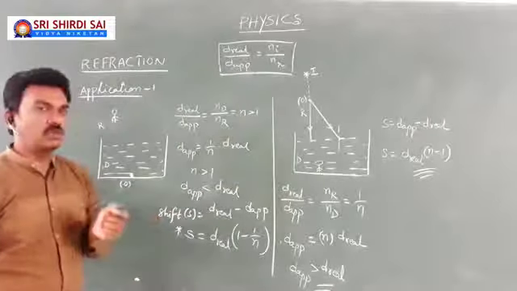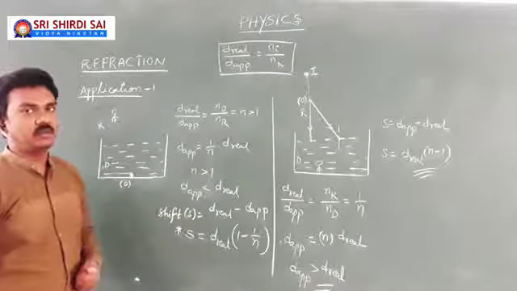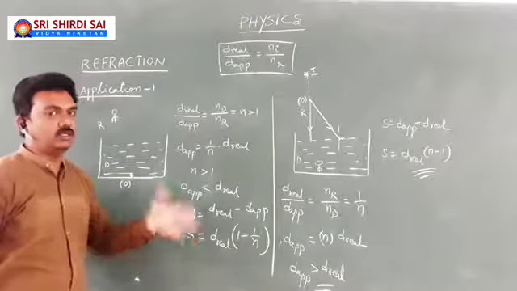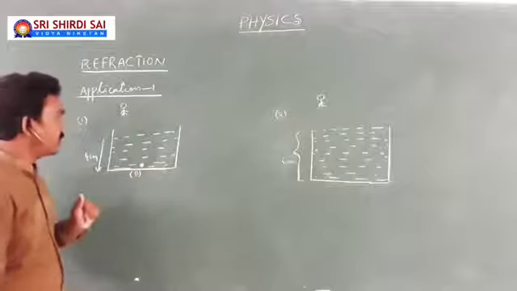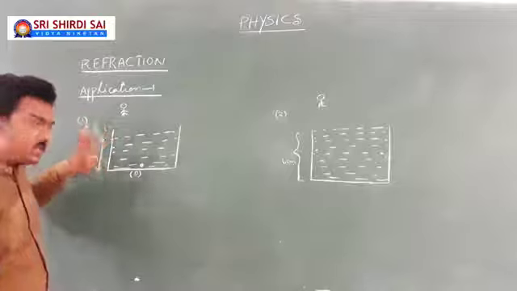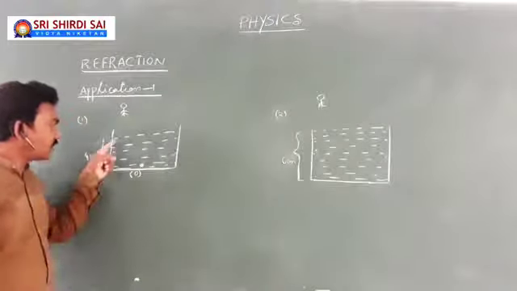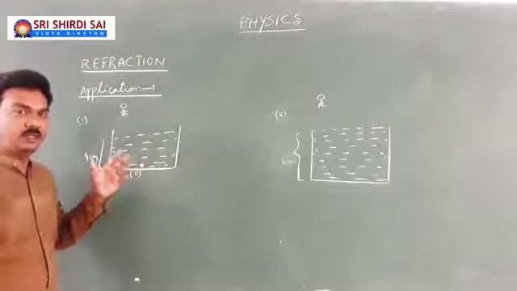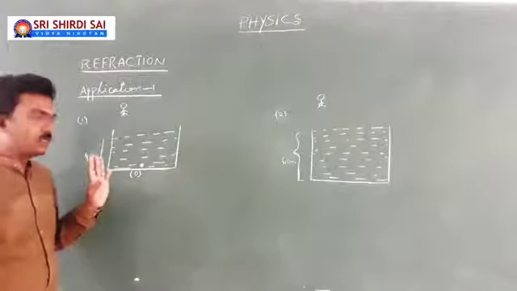Now I'll explain just one small example based on this concept so that you will get more clarity. Okay, so we discuss one or two numerical examples connecting with this analysis. Once look at this, here are a few examples that I am going to explain to you to understand that. Here there is a beaker, and in the beaker I have taken some amount of water. Of course, the height of the water column is about 4 centimeters. We will put the height of the vessel, maybe 10 centimeters or 20 centimeters. I have filled water up to 4 centimeters.